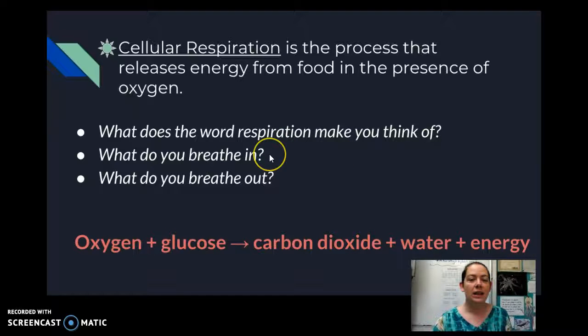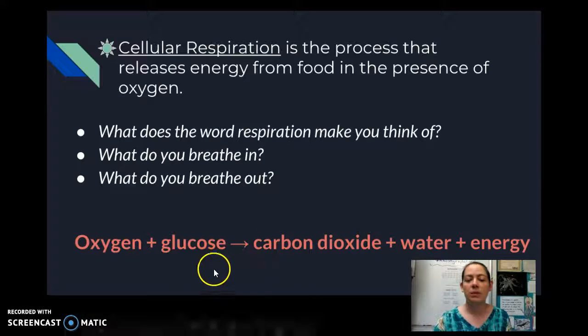So what do you breathe in? Well, all the air, of course, but what my body is using in that breath is the oxygen, right? We need to breathe oxygen. So we're breathing in oxygen, and then what do we breathe out? Carbon dioxide. So if you can remember that when you respire, when you're breathing, you breathe in, or you need oxygen, and then you breathe out, or you get rid of carbon dioxide, then you'll be able to remember the